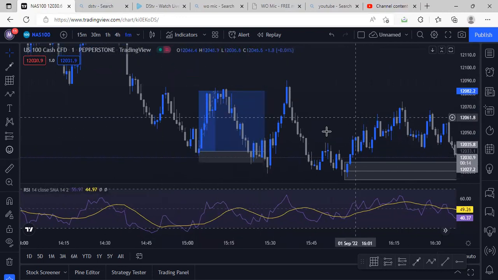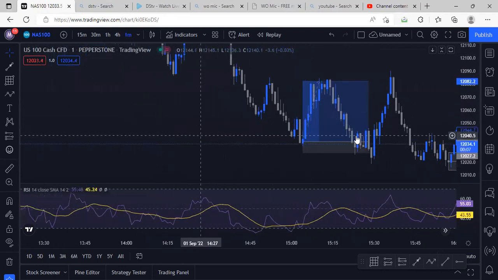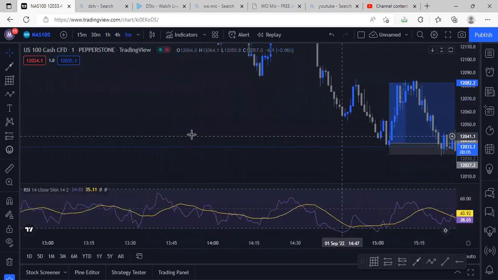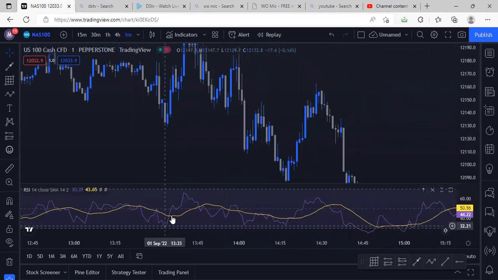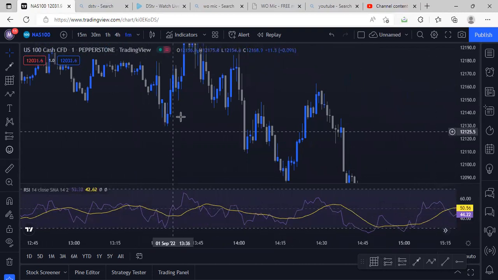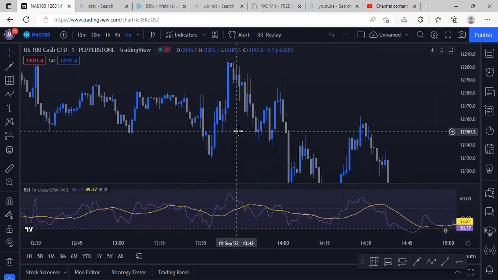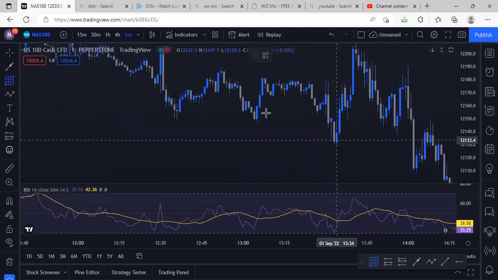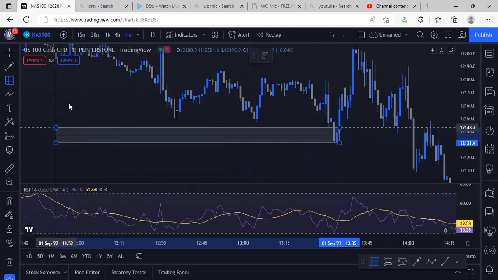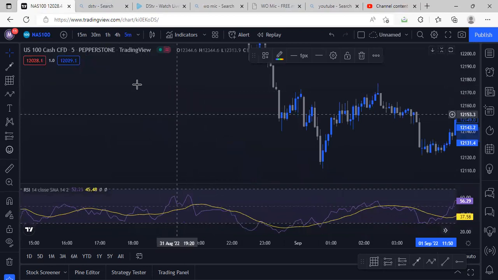You feel me? Let me give you another example. What do we have here? Another example. Right here, as you can see, the RSI hit the 30 level. As soon as the RSI hits the 30 level, maybe you can try to find the support. Just mark this level right here, drag it to your left-hand side and go to the 5 minute time frame